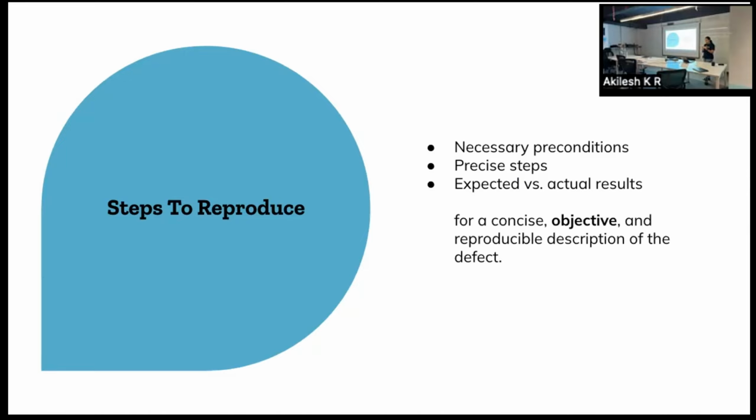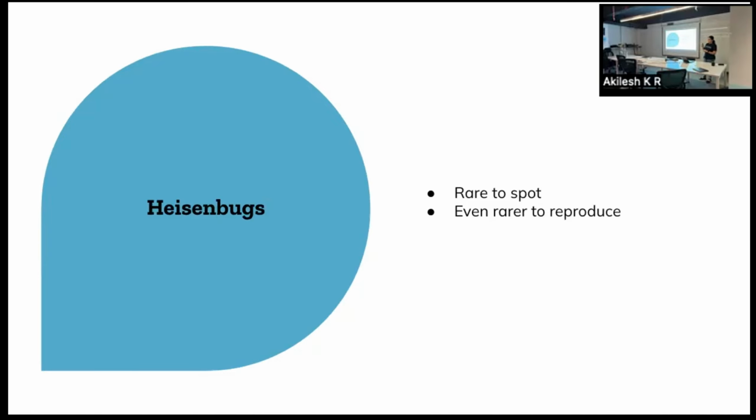And once we have it, reproducing it, fixing it, and then verifying the fix is all going to be a cakewalk. But then comes a special type of bug called Heisenbugs. These bugs happen only in production. We do the testing locally, we do it in multiple environments, and things will work. But when you ship it to production, it will happen once in a while, or it might happen very rarely. But it will happen, and it's very hard to reproduce, and very hard to have a mental model around why such things happen in production but not in lower environments.